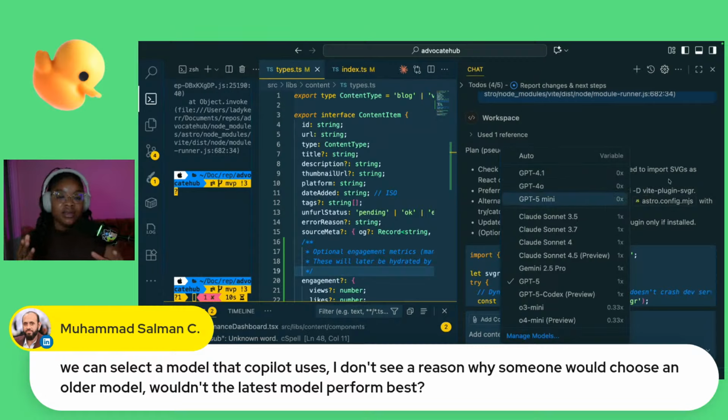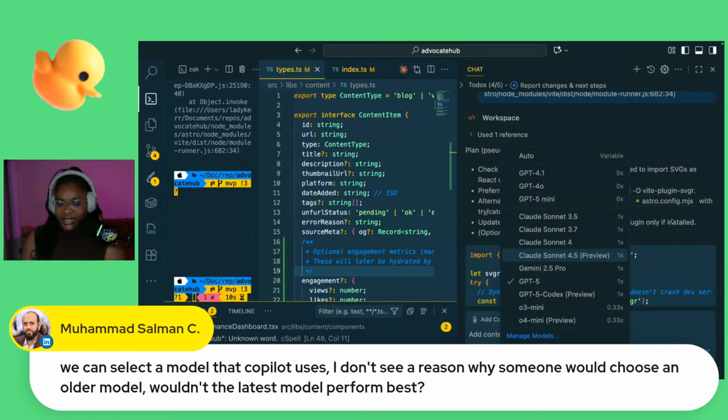It's the same thing with any AI application in the wild. You don't always have access to the latest and greatest models because they're expensive. If you're not on the pro plan, but you're paying that $10 a month, you'll have access to more premium models like Claude Sonnet 3.5, Claude Sonnet 4, GPT-5, etc. So it all depends on what you have access to, honestly, and on what you're building.